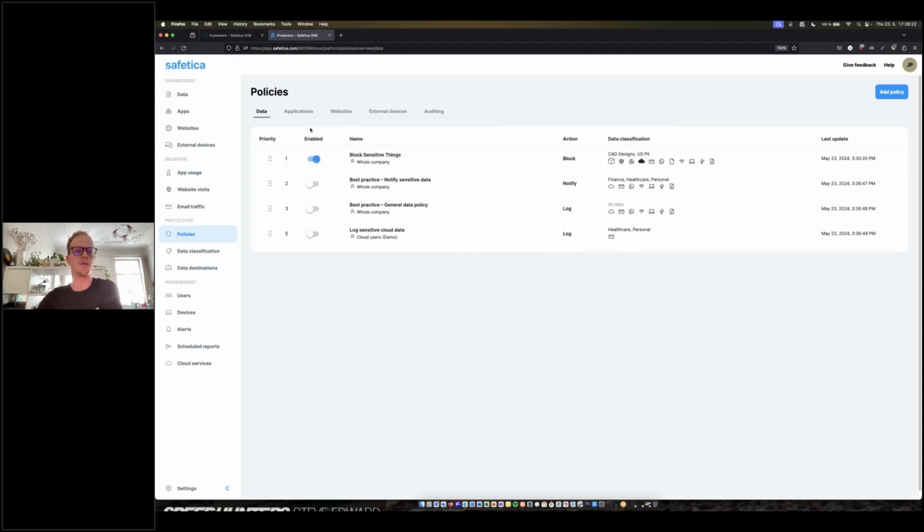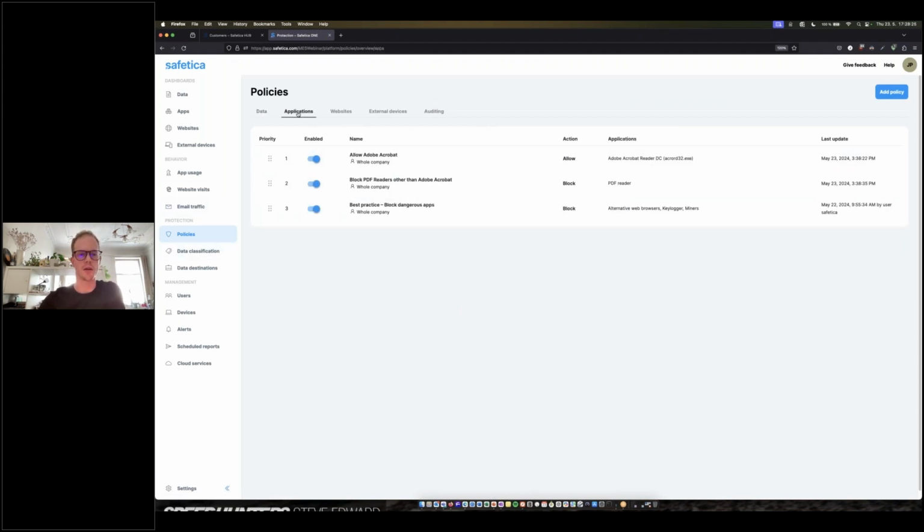Right, so other than this, when it comes to policies, we can also deal with the usage of applications. For example, I created some dummy things here, for example, to allow the usage of Adobe Acrobat, but to block anything other than that. And when we're doing the rules here for the solution, we do have to structure them in the sense where you would put the least restrictive one first and the other next. Essentially, it would first see, oh, I can allow this, but if it does not fall under that allow, then block, essentially, if that makes sense. So that's how we can go about restricting the usage of certain applications on machines.